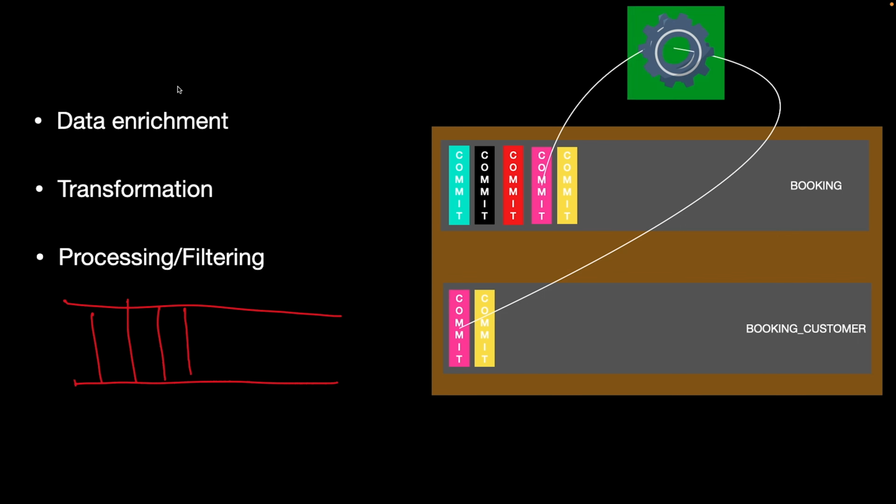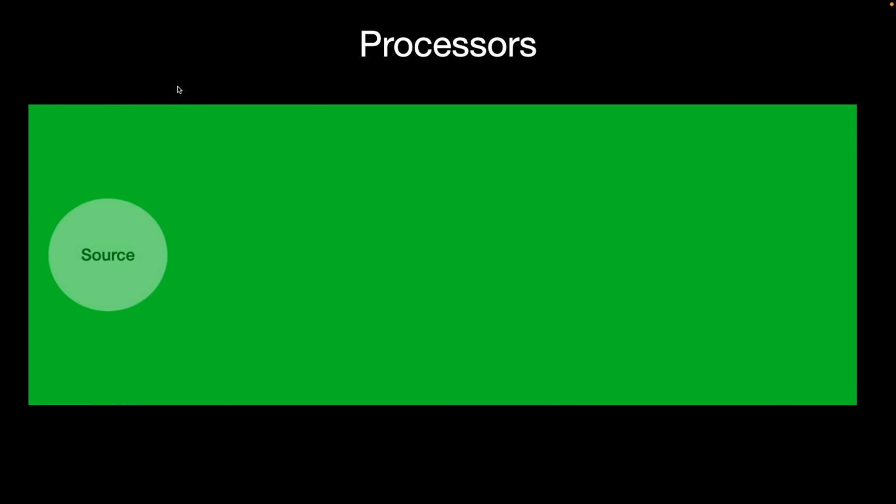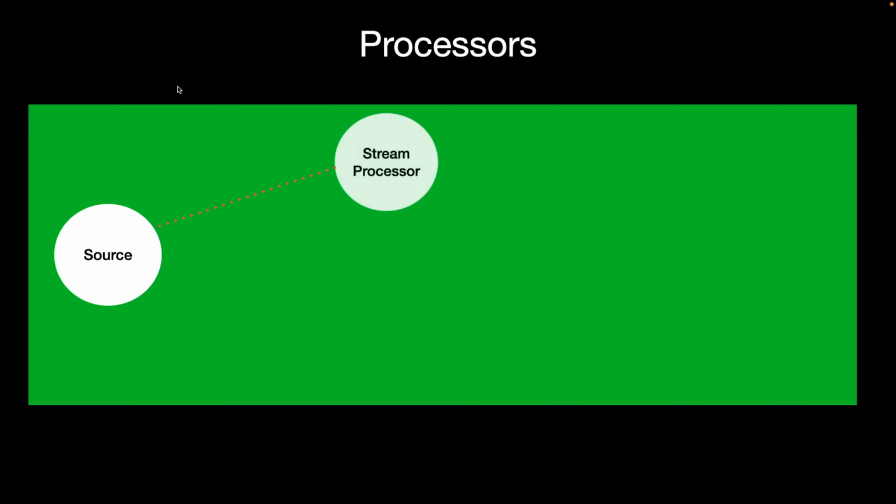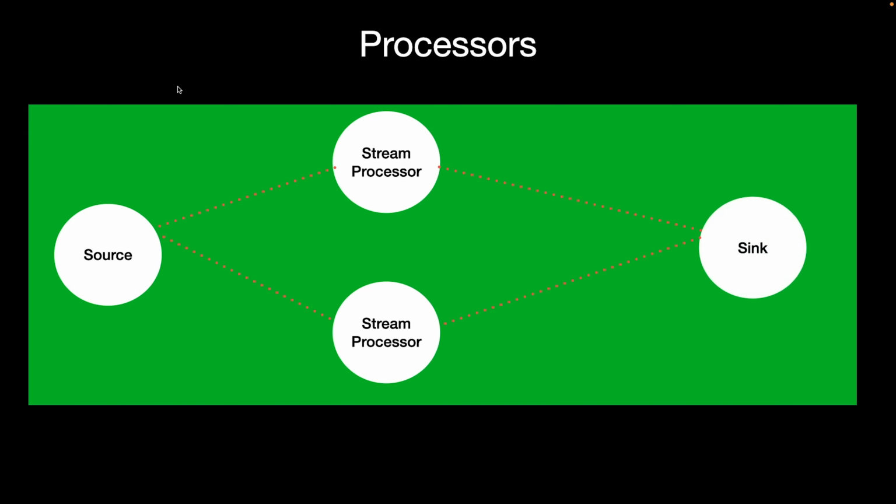Now, if we dig deeper into Kafka Streams, we will see that it contains a set of processors. We have a source processor, which has the responsibility of consuming the data from the original topic. After that, we have the stream processor. The stream processor is going to perform various types of operations like group by, filtering, summation, etc. on top of the data that we get from the source processor. And after that, we have a sink processor, which has the responsibility of writing the data back to the Kafka topic once the data has been processed.